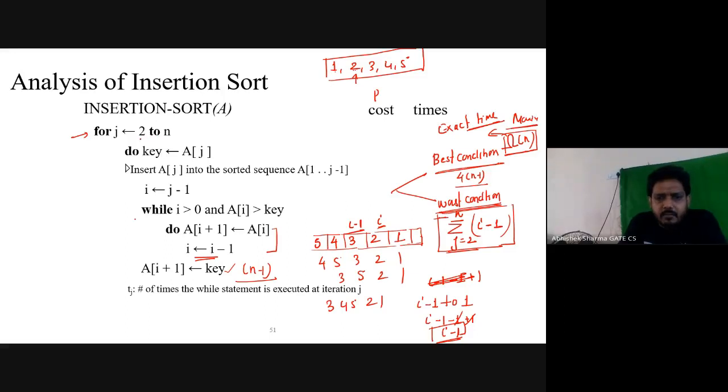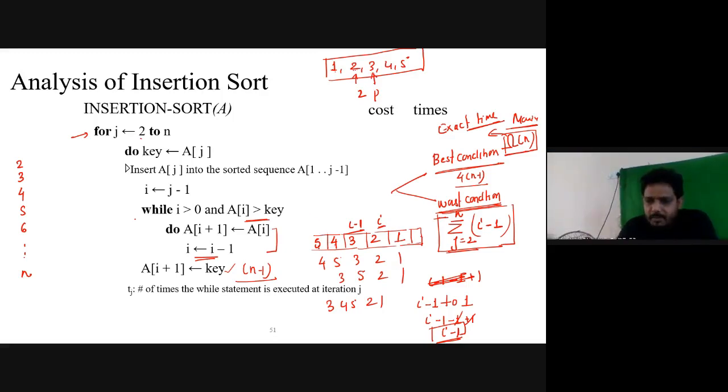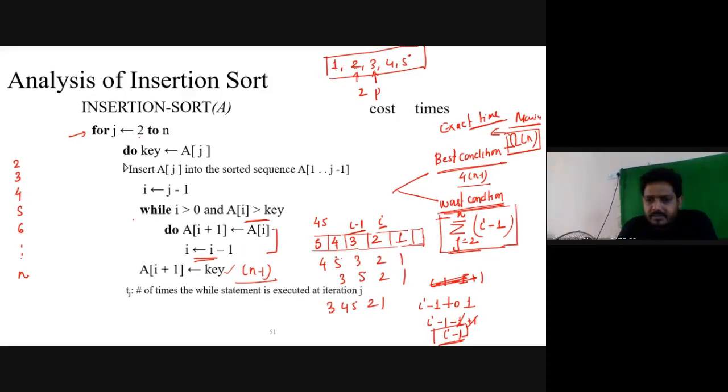The outer loop is running from 2 to n. That means it will run for iterations 2, 3, 4, 5, 6, and up to, let's say, n. So this is the outer loop. Now I said that in each iteration the inner loop will run the worst number of times. So if I'm just at the second index, then it will run one comparison. If I am having 5, 4, 3, 2, 1, then 5 and 4 will be exchanged, because it will become 4, 5 if it is in the second position.